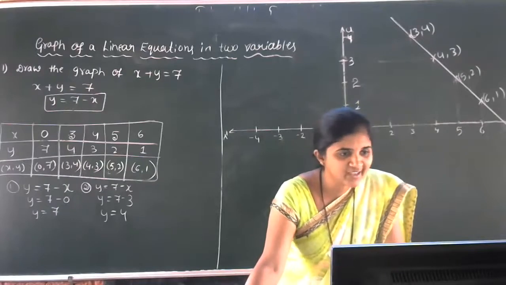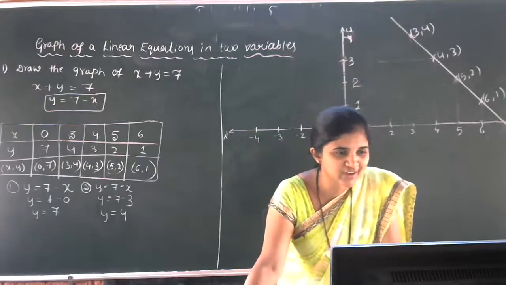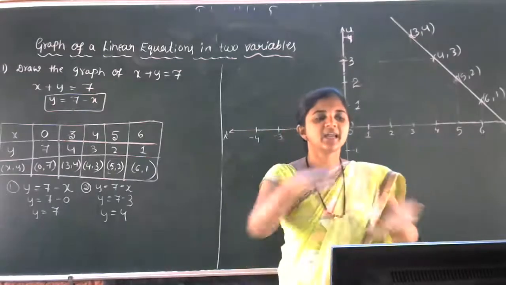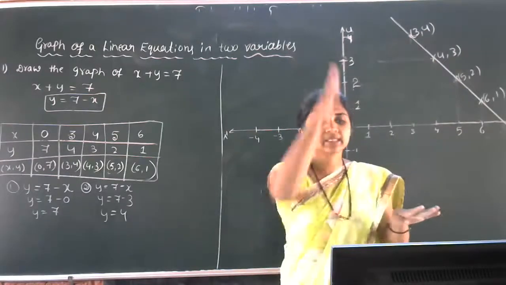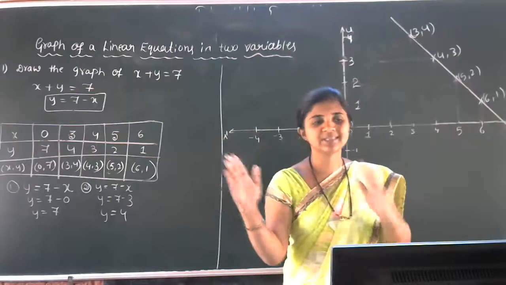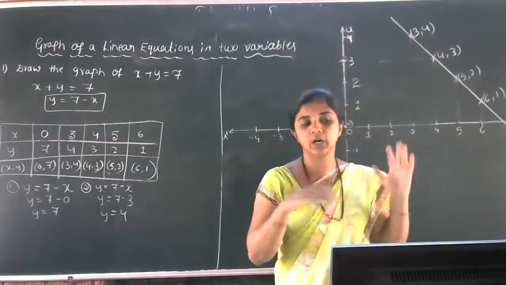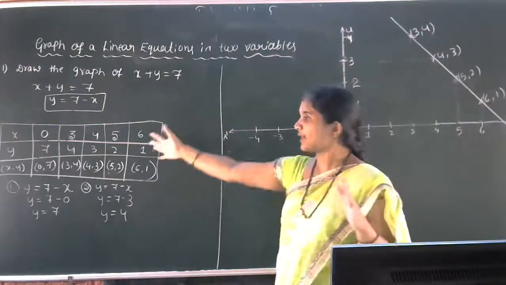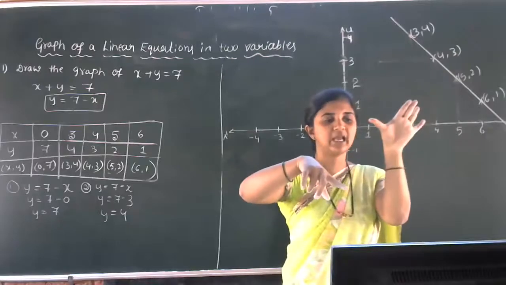Got the idea now? So now you are able to draw the graph of every equation. First find the solutions properly, then arrange the Cartesian plane in your graph paper: x-axis, y-axis, positive side, negative side. Arrange the Cartesian system properly. Then locate the points on the graph paper. Then use the scale, take the help of the scale.